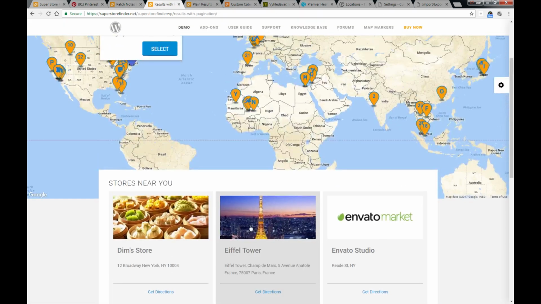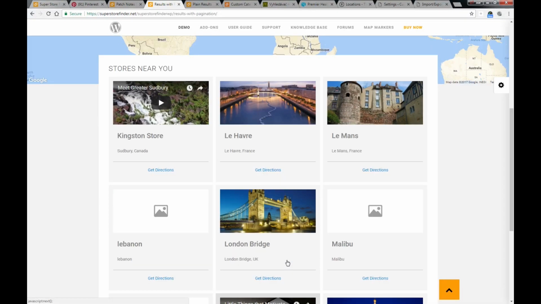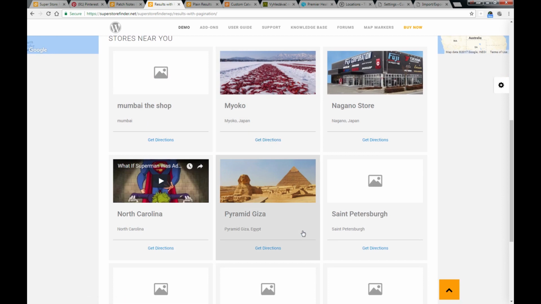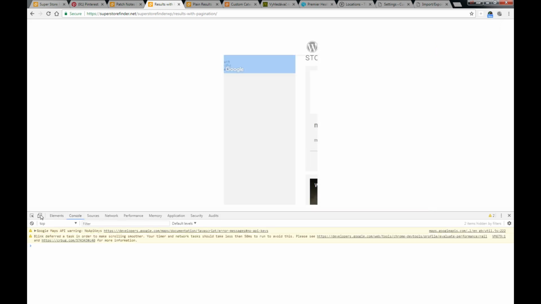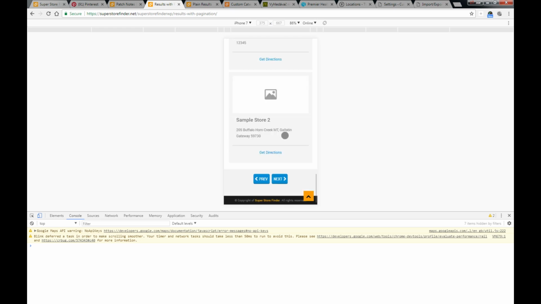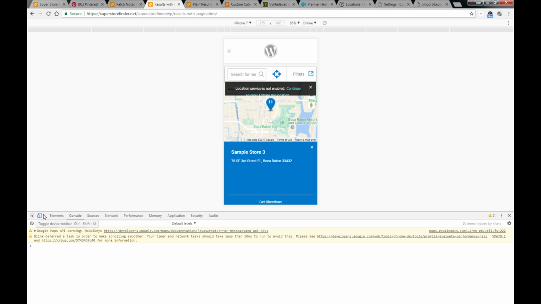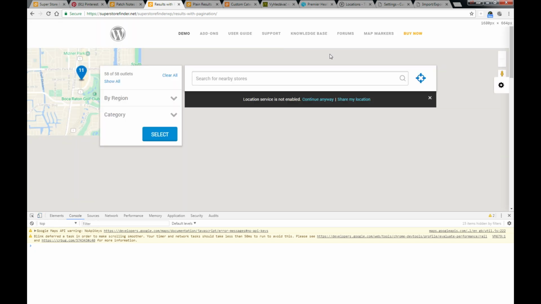So when you scroll down and click, you can view the results in Pagination view. It's especially useful on mobile devices because you have to scroll down way long, and you don't want to show too many results at the same time. Alright,